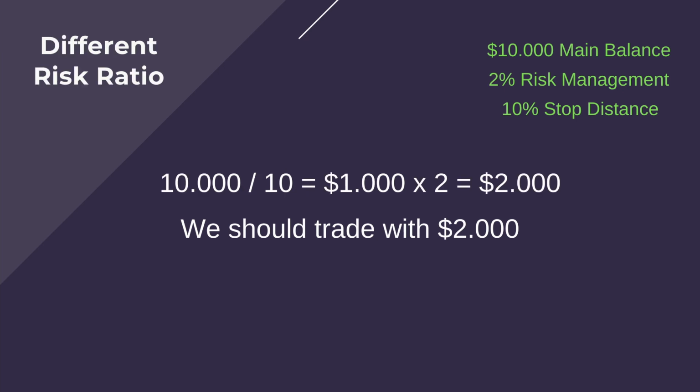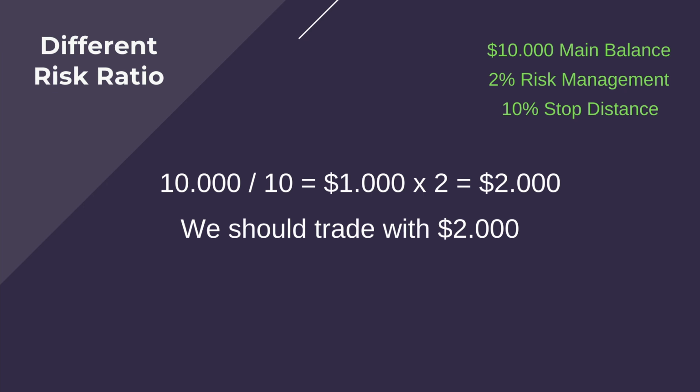What we did was risk management where we risk losing 1% of our balance, but what about people who are willing to risk more than 1% of their balance? Of course, it will multiply the result by the risk percentage. For example, 10,000 divided by 10 equals $1,000, that's 1% risk. The person taking the 2% risk will multiply the $1,000 by 2. The person taking the 5% risk will multiply by 5.